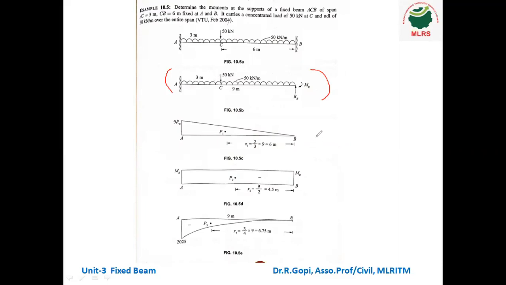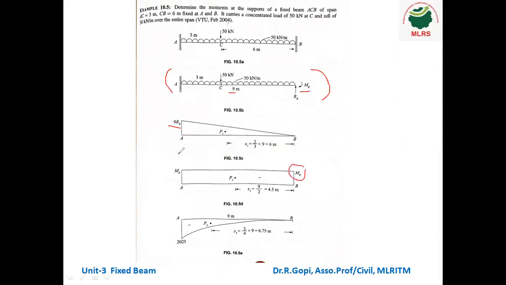Second step, we have to calculate the bending moment diagrams. So first bending moment diagram, what is the first bending moment diagram? Is RB. Okay, for reaction at B. Okay, so the moment at A is 9 into RB. The span of the beam is 9 meters. So 9 into RB. So the centroid distance is 2/3 of L. Centroid distance is 2/3 of L, since it is the triangle section. Okay. So next come to second moment is MB.